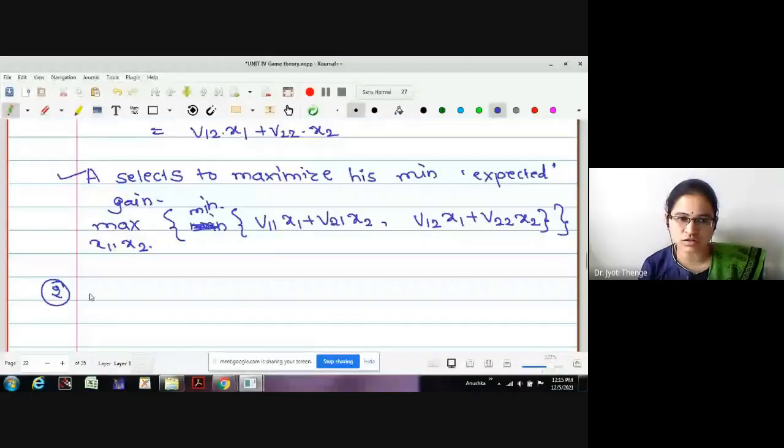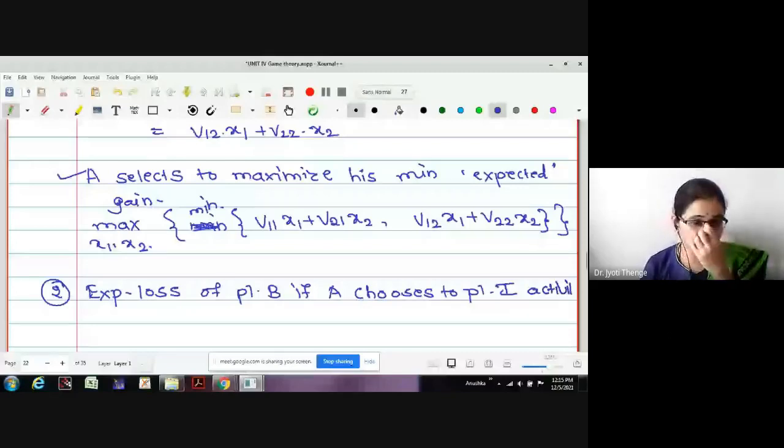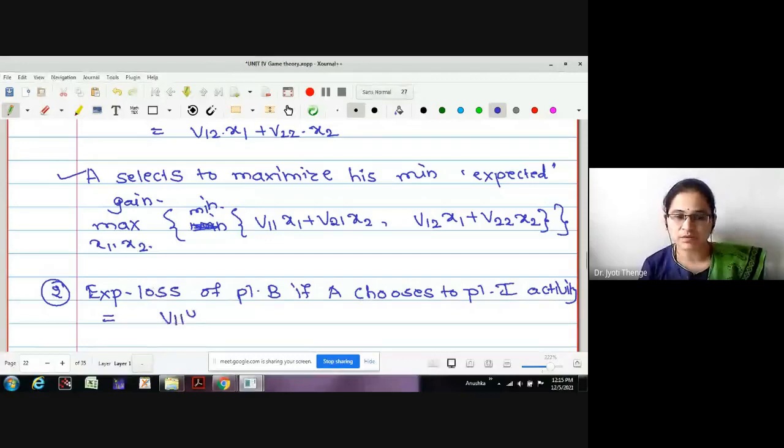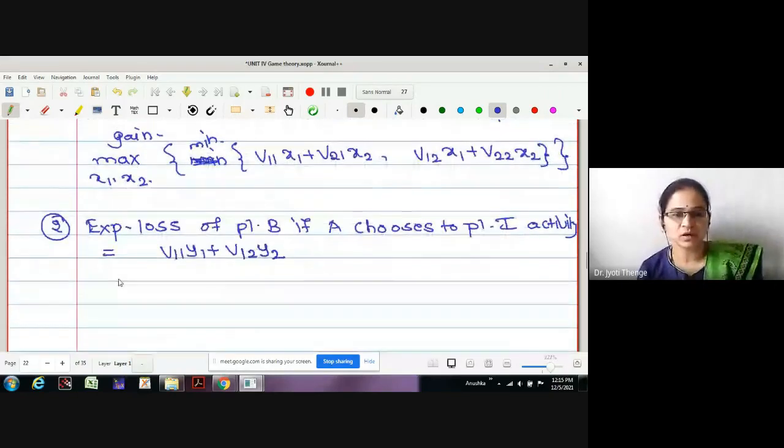Expected loss of player B if A chooses to play first activity. Okay, what will be the expected loss then? This is v11 y1 plus v12 y2. Correct, no? If B plays first activity, then what is the expected loss of player B